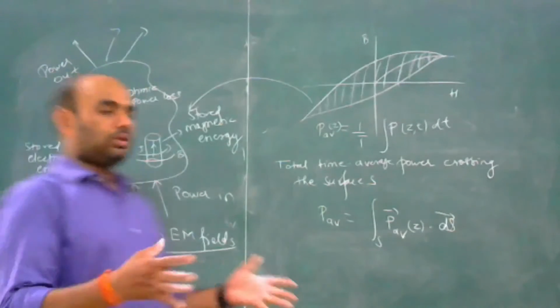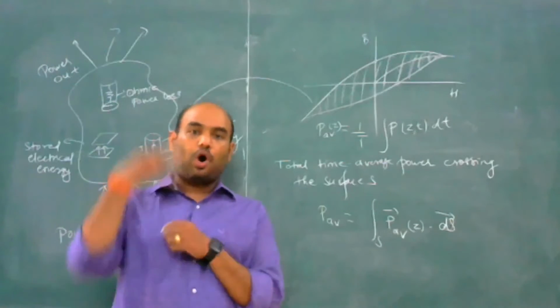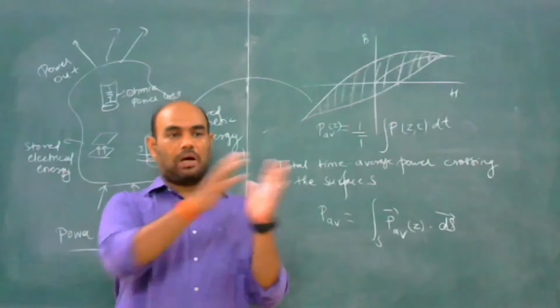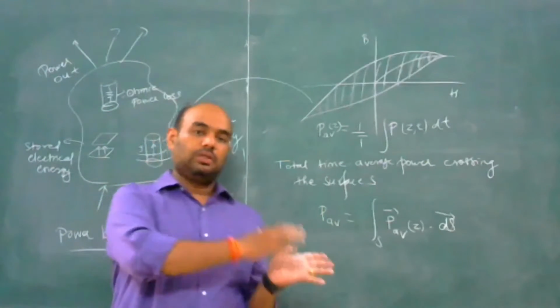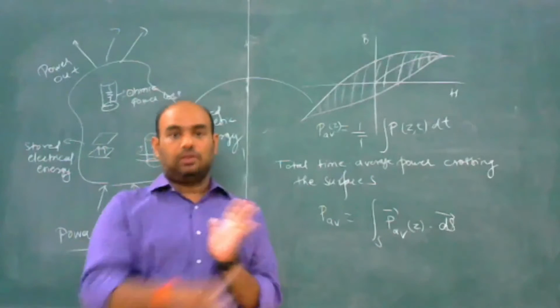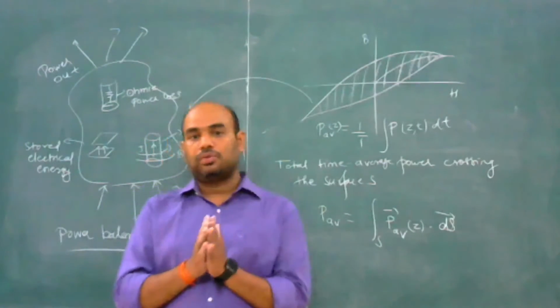So the Poynting theorem gives an idea of the net power flowing out of a given volume. Okay, so how much power is transferred from the transmitter end to the receiving end through a small surface area. Okay, this is all about